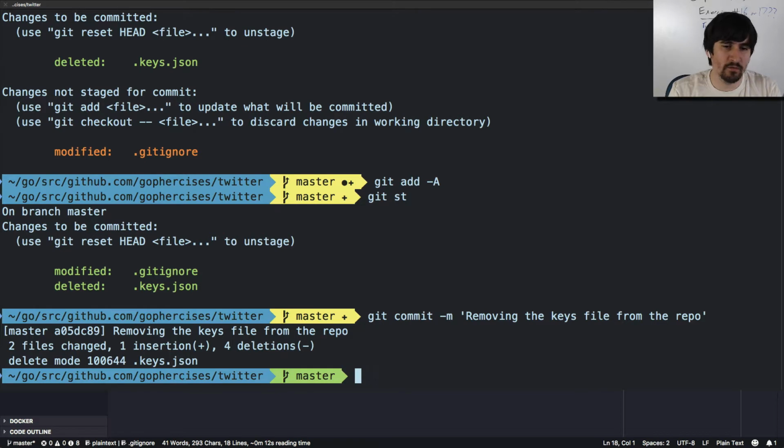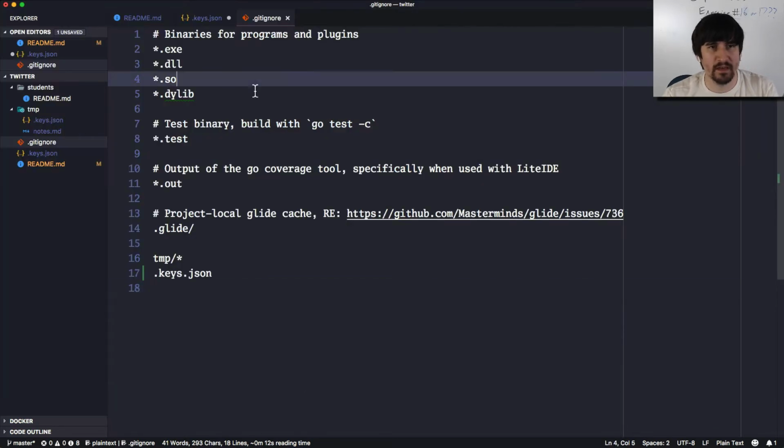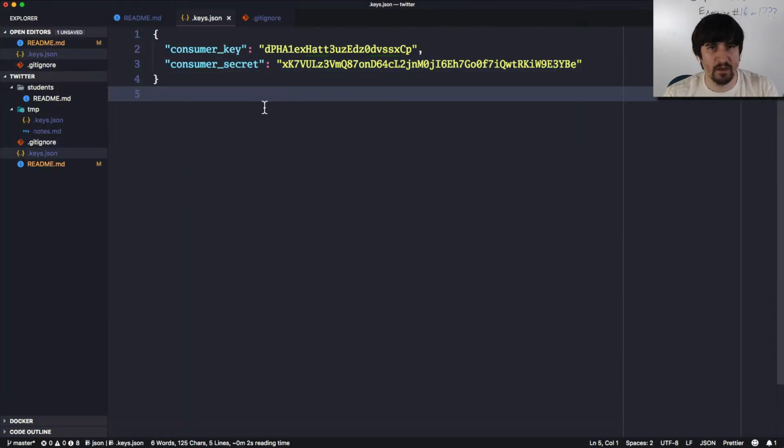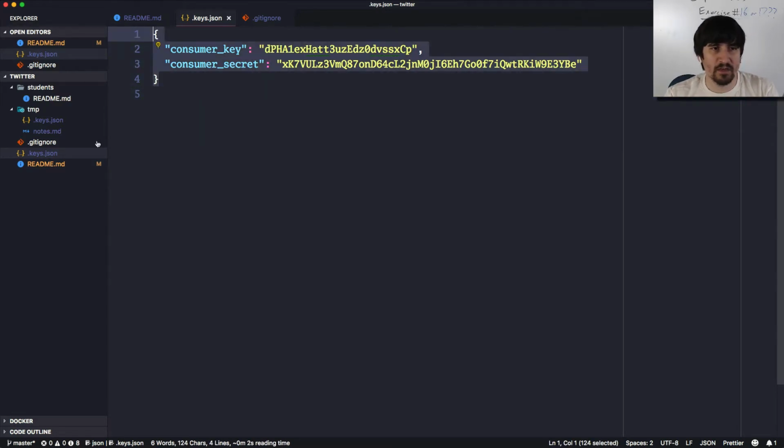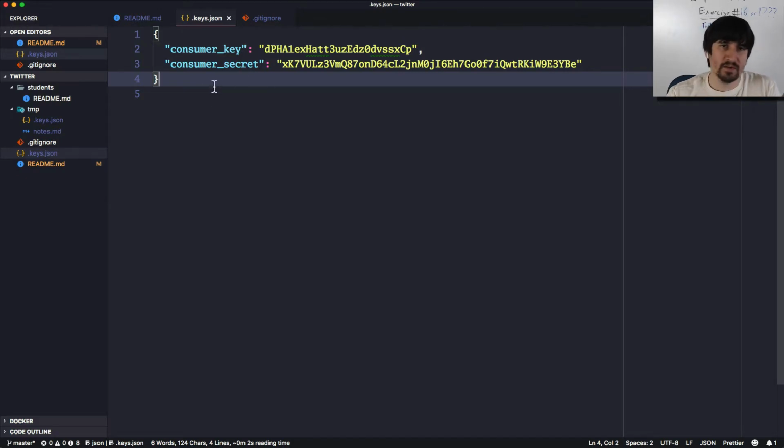All right, so the old keys file is probably in the old commit history, but that old one had data that didn't matter. It was just temporary data. But what we have now is this keys.json, which is no longer in Git, and it's being ignored from the .gitignore. So it's not going to be committed with our history, but when we go to run our program, we can read the consumer secret and the consumer key from this